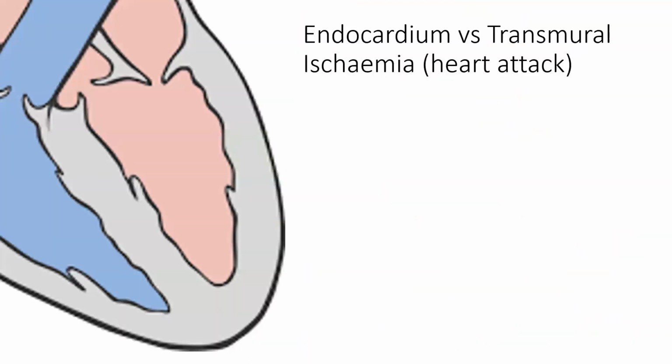Perfect. All right. Now we know about the occlusion. Let's just say this is your artery that sits in your epicardial area. This part here is your endocardium, and this part here is your epicardium. The reason why we often get STEMIs or unstable angina first before STEMIs is because when blood flow